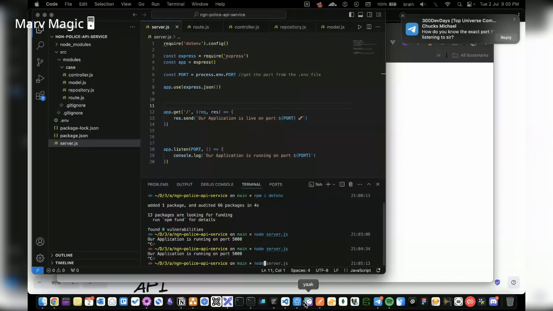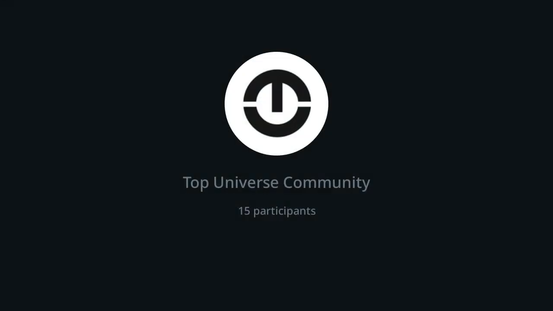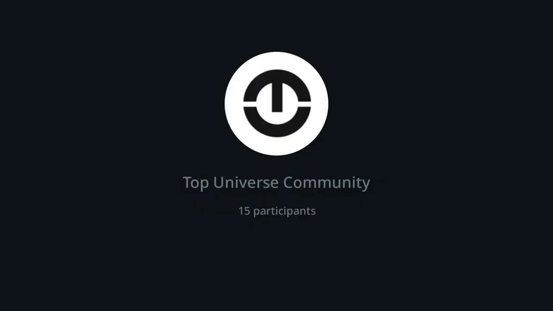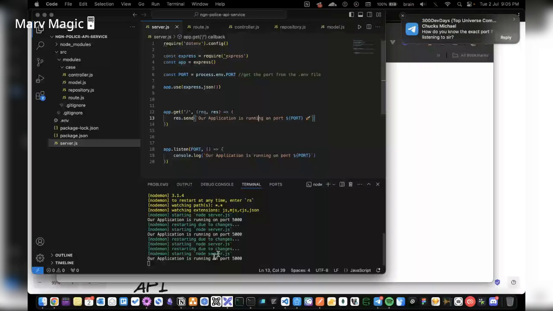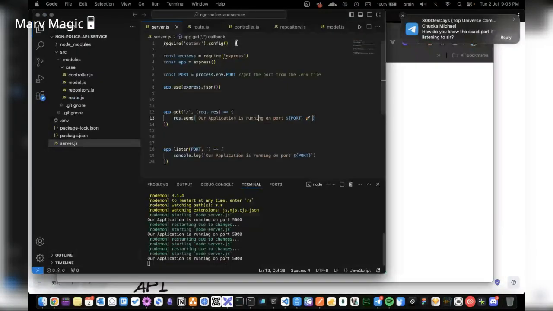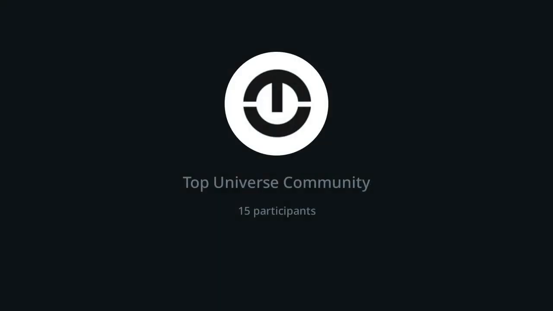Now it says our application is running. Let's refresh. If I make any change, and I say our application is running on, I save, you see this refreshes automatically once I save, Control S, and now you see that is changing without having to refresh again and again. So yeah, we have our application running right now on port 5000.